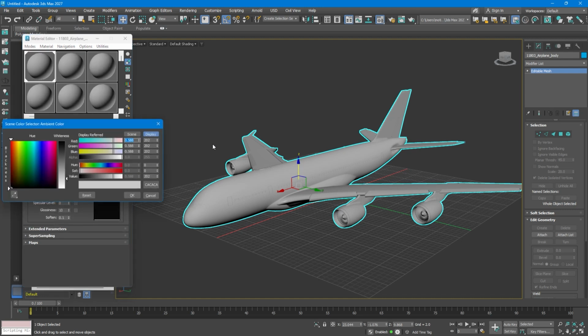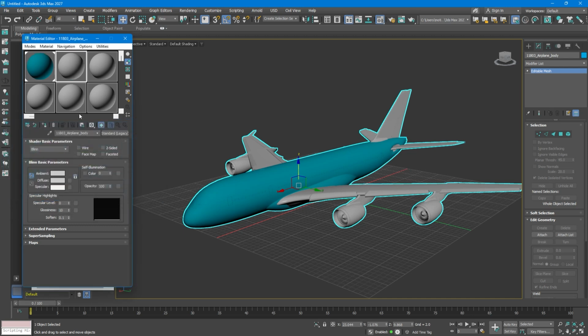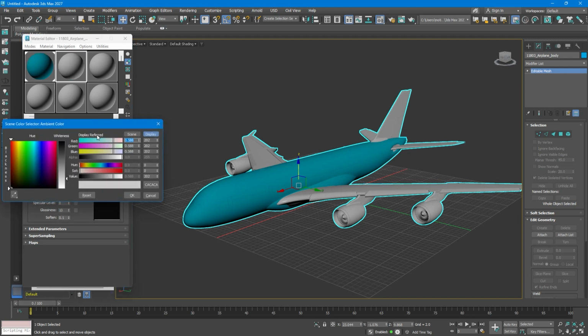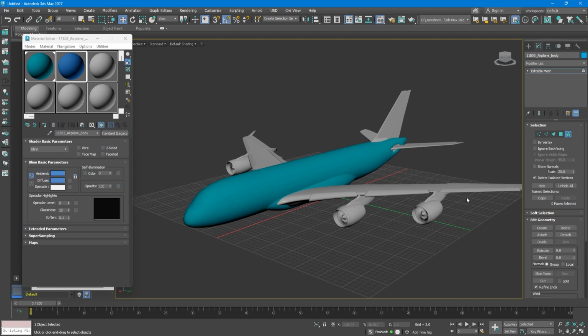So I need to change the color for the airplane. Let's select blue. So select another material, and make it a little bit dark blue like this. Click OK. By selecting the element,